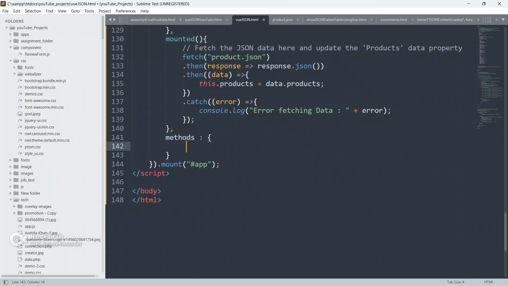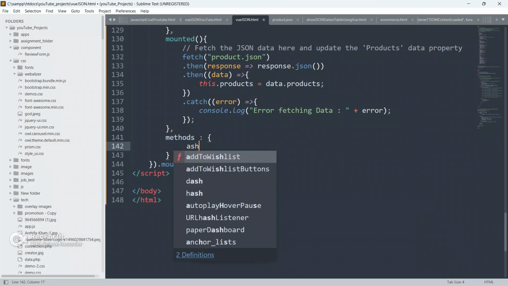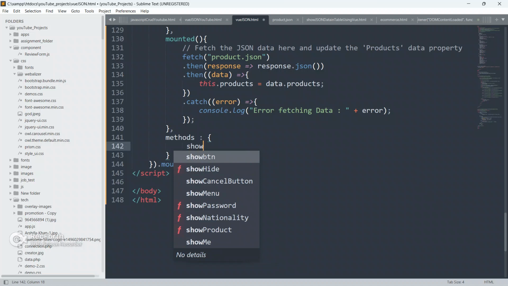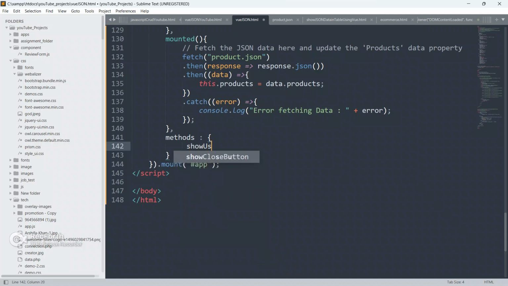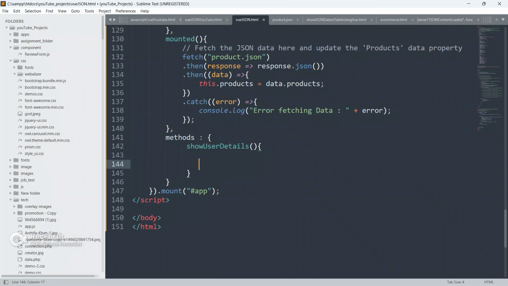So just go here, and I'm going to create a function, showUserDetails.